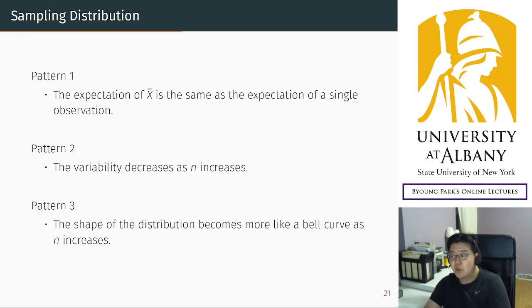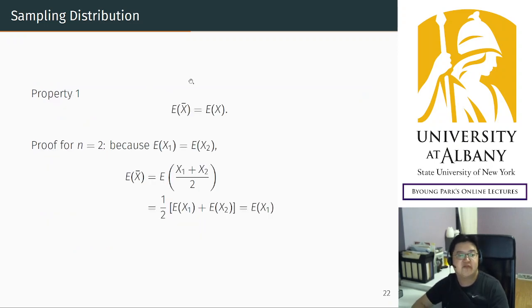Hello. So in the previous video, with some simulation experiments, I gave you three patterns in the sampling distribution histograms when you increase the number of dice, the sample size. As I promised, I will make them into theorems. First one, the mean does not change, can be stated in this way: the expected value of the average equals